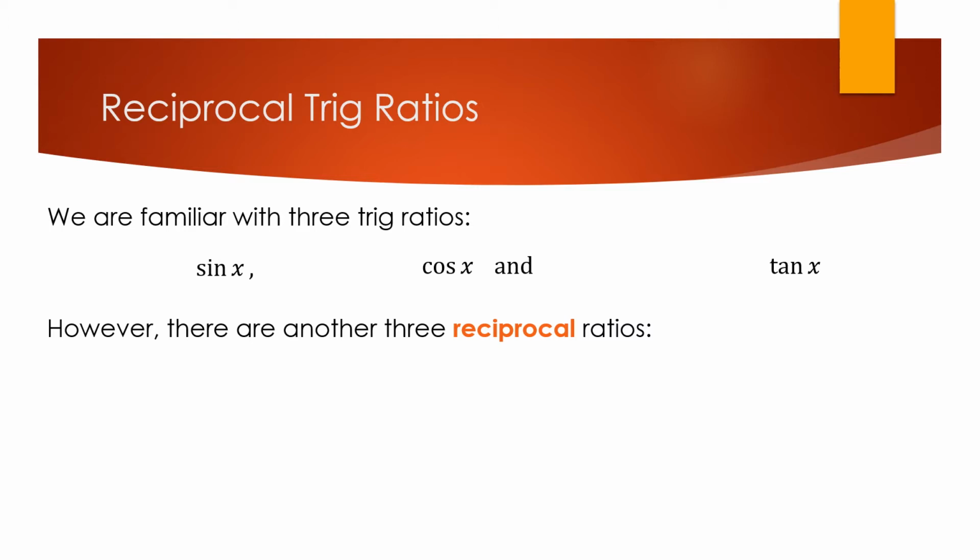Now, reciprocal means that we are flipping our ratio upside down. So the cosecant of x equals 1 over the sine of x, so it would be hypotenuse over opposite. We've got the secant of x, which is 1 over the cosine of x, which would be the hypotenuse over adjacent. And we've got the cotangent of x, which is 1 over the tangent of x, so that would be